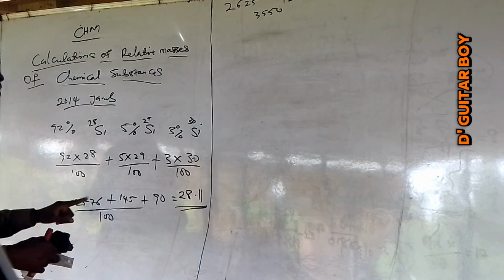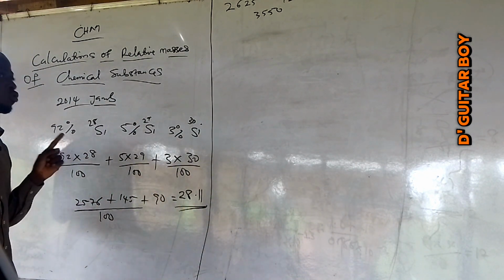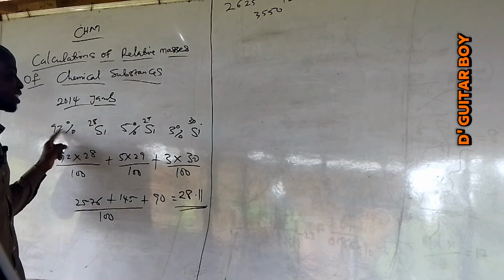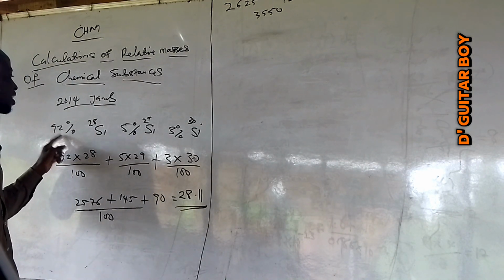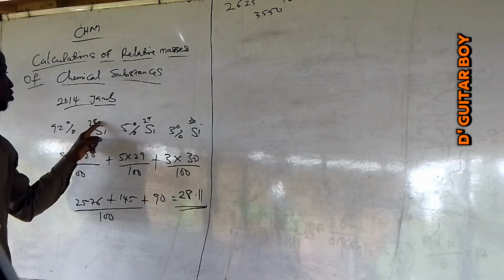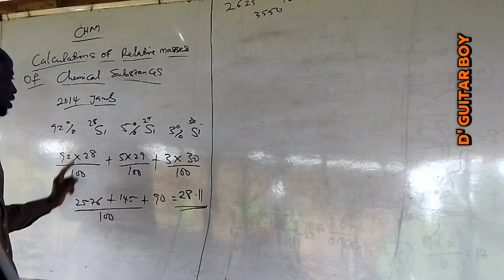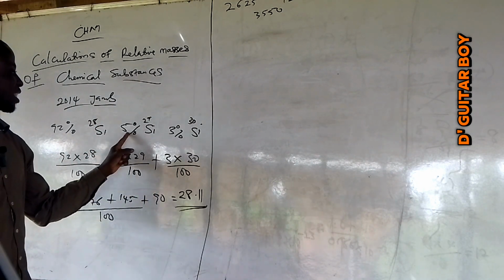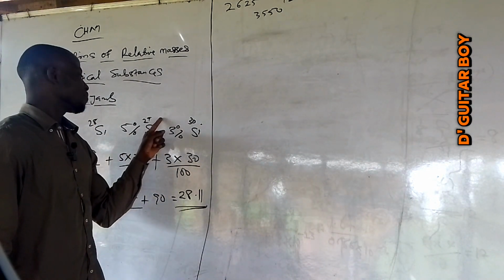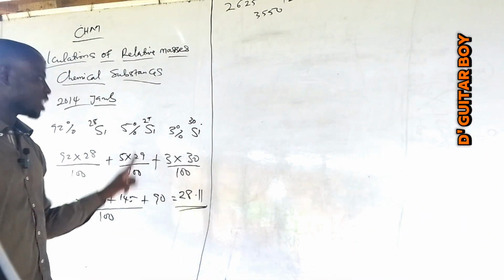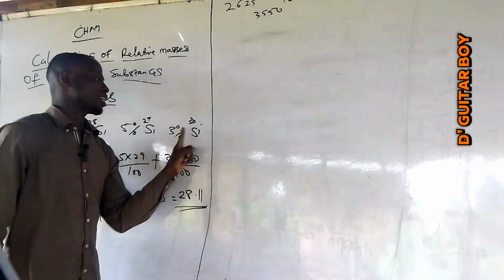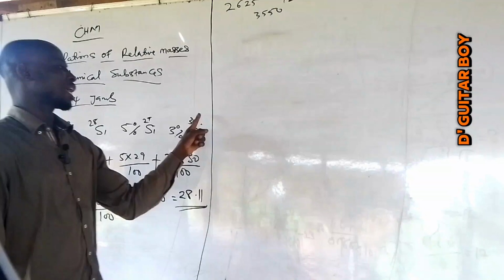How do you look for the average mass? You multiply the percentage abundance with the relative mass of the first isotope, divide by 100, plus the percentage abundance of the second isotope times its relative mass, divide by 100, plus the percentage abundance of the third isotope times